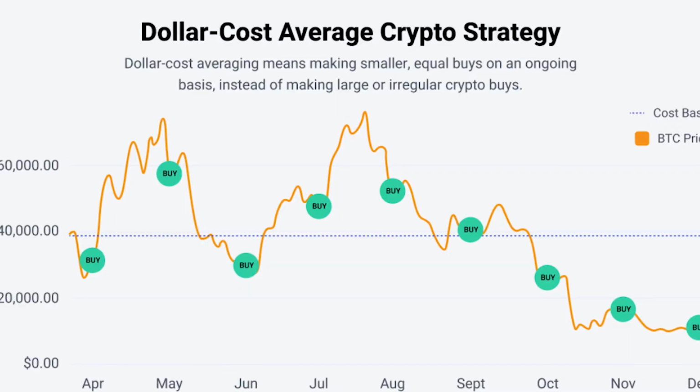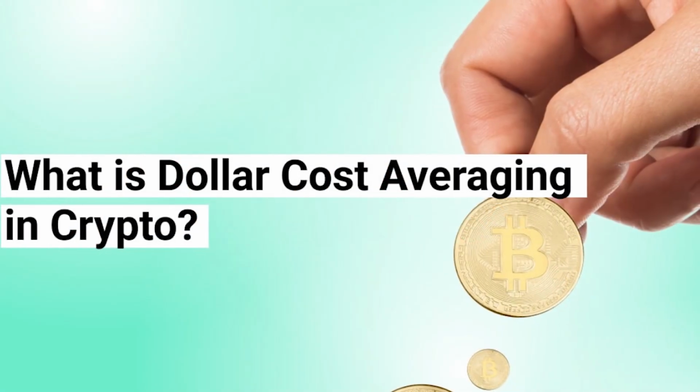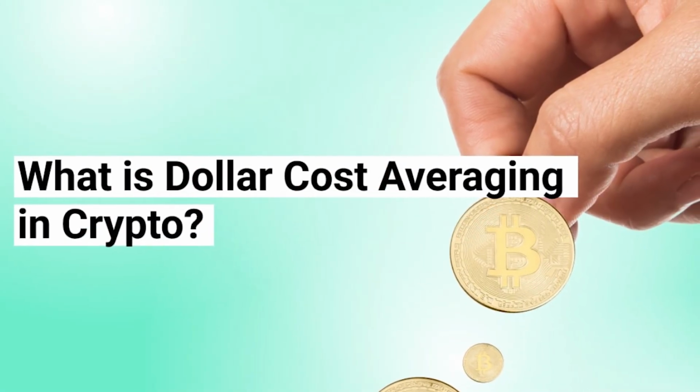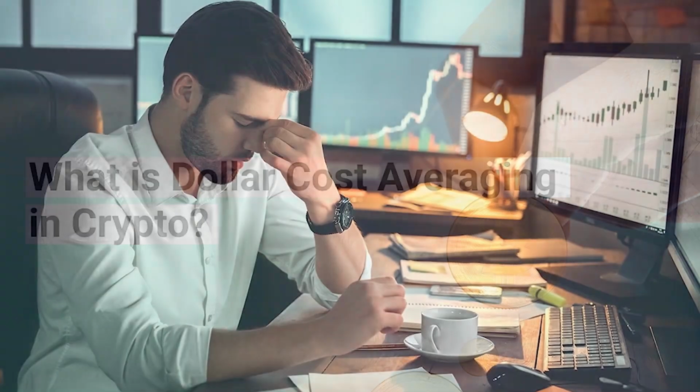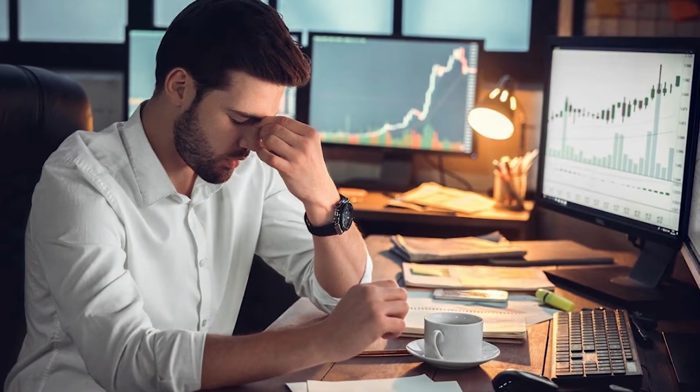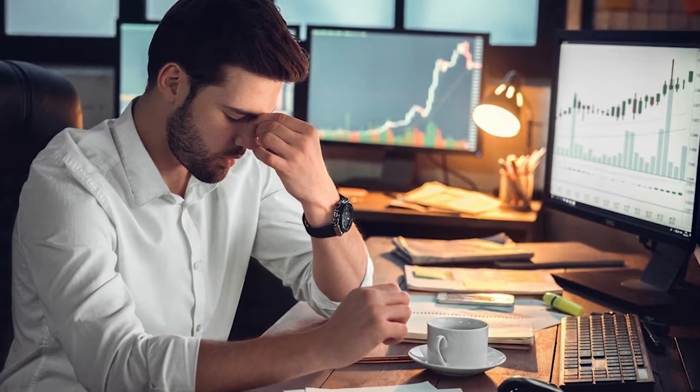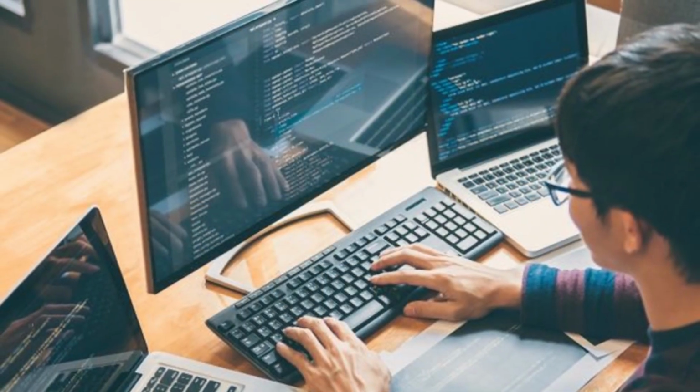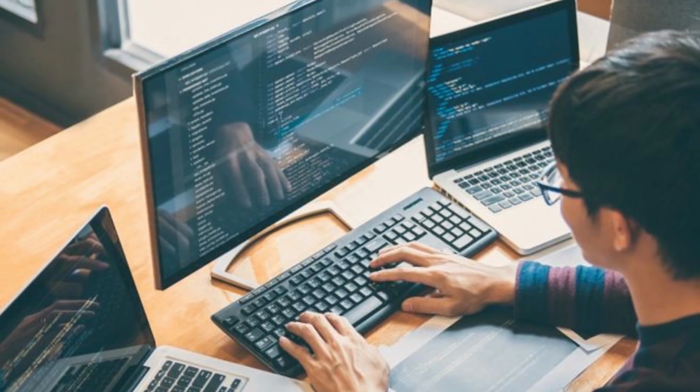Over 8 weeks, you've invested $800 and accumulated roughly 0.4232 ETH. Your average cost per ETH ends up around $1,890. That's lower than if you had put the entire $800 in at week 1's $2,000 price. This is a clear example of how DCA can save you money in volatile markets.